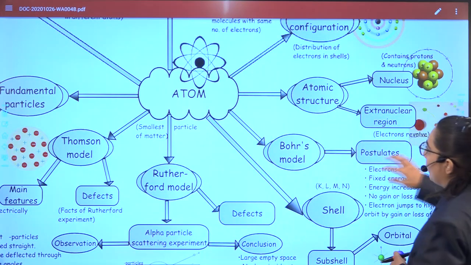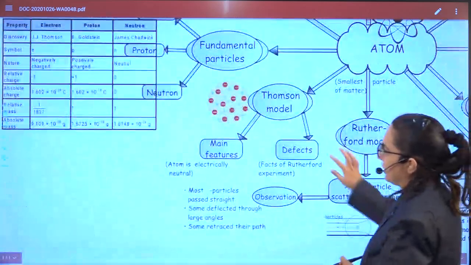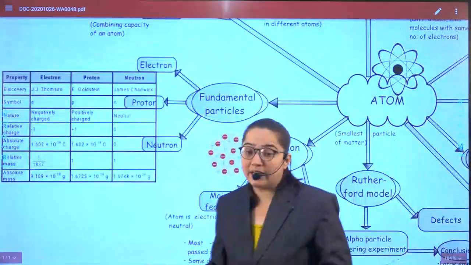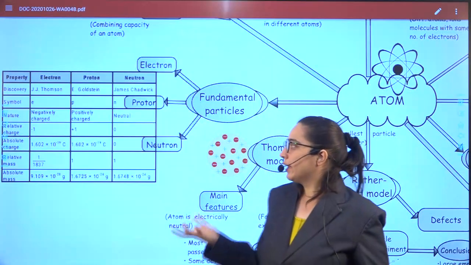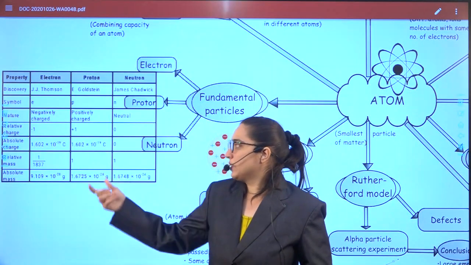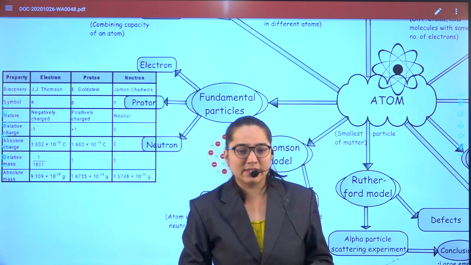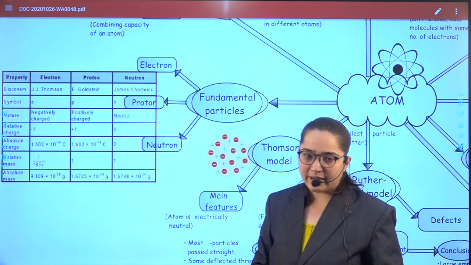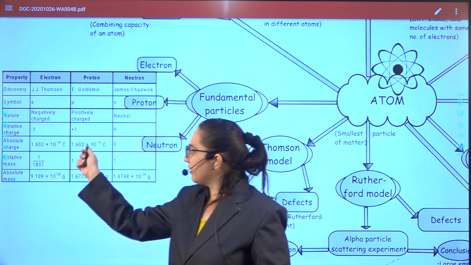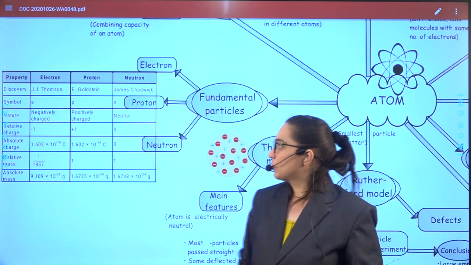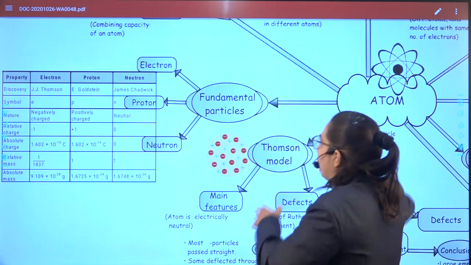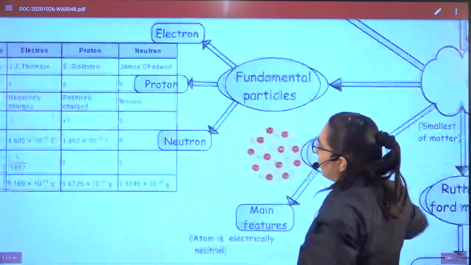Further, we discussed the next thing, this. This is the content which you have to memorize. आपको याद ही रखना है. Okay, there is no option for it. Charge is also important, that is 1.6 into 10 to the power minus 19. If it is an electron, it will be negative. If it is a proton, it will be positive. So this is the content which you have to memorize.